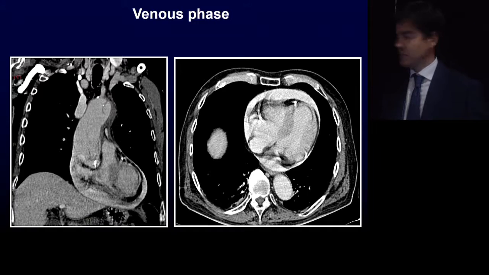We assume this patient here has an aortic type A dissection. I don't know if it is visible from the screen. We did a first pass imaging showing basically nothing affecting the pericardium. In the second phase, in the venous phase, we notice that pericardium is filled with iodinated contrast material. Unfortunately, the patient died during the CT scanner. It was a cardiac tamponade